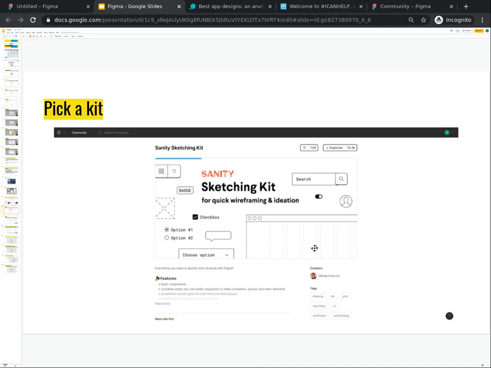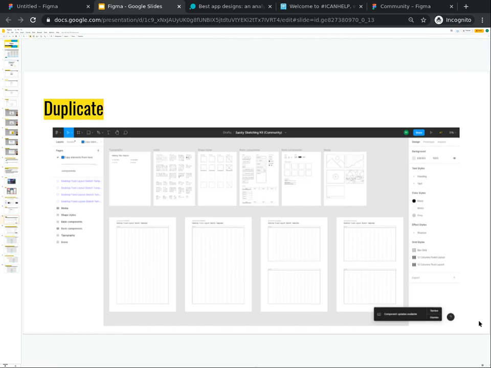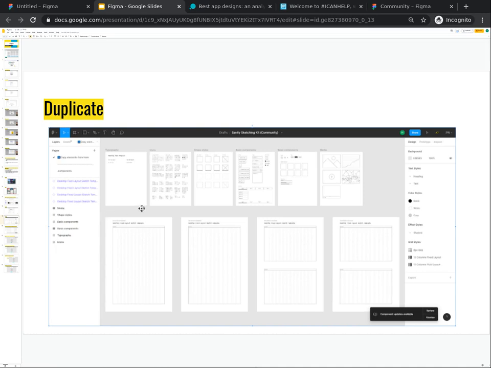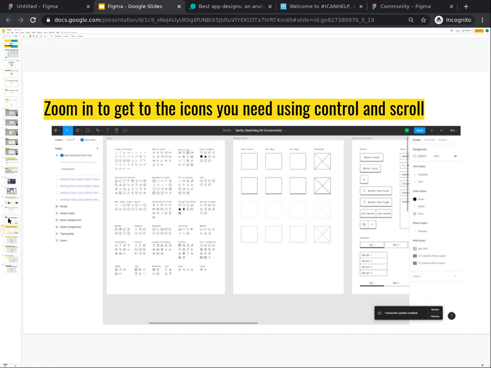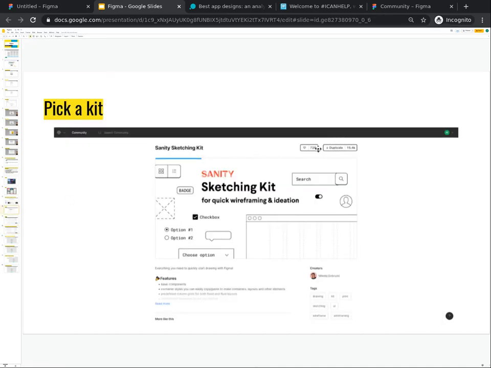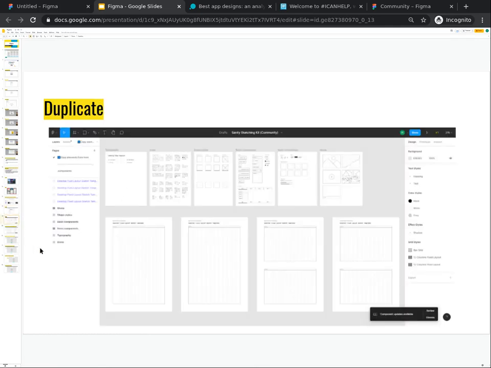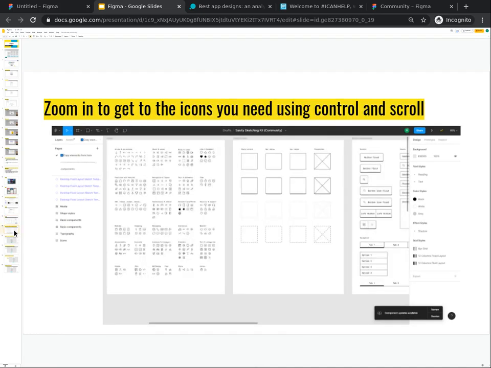Once you find one that works for you, you can duplicate the kit, then you can copy components into your draft to paste into your wireframe. There's a limit for these on the free version of this program, so we will not copy the library to our project right now, but keep in mind that you can duplicate the components right into your project for ease of use. Once you find the one that matches your theme, click on it and a new tab will open.